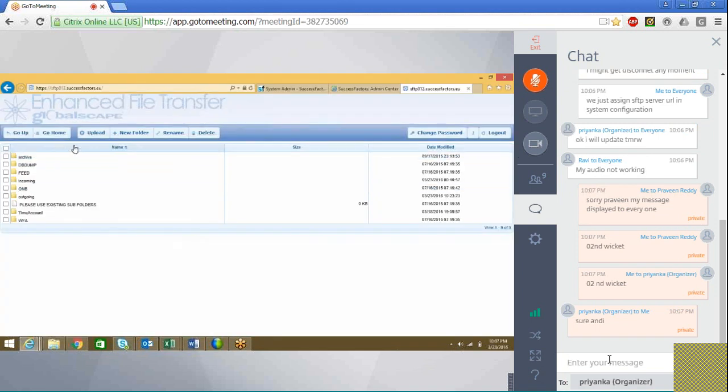So here, if you see, we have so many folders. We can check whether it is incoming or outgoing, where we want to actually upload those folders. So we just have to select upload, click on upload, and then